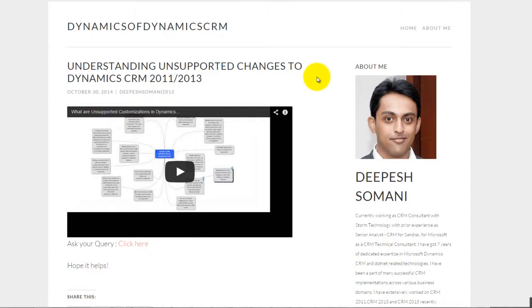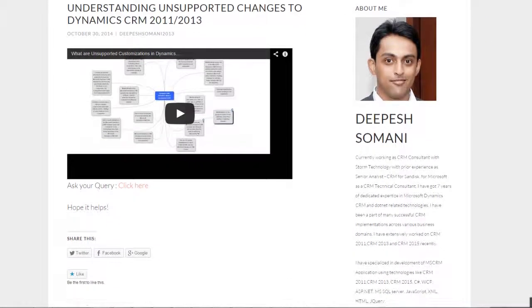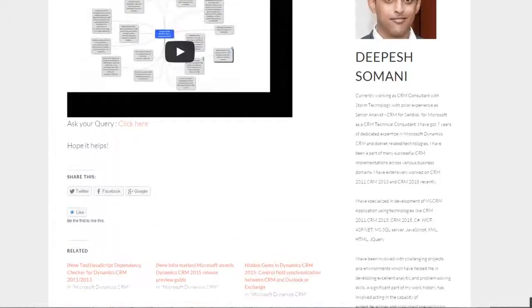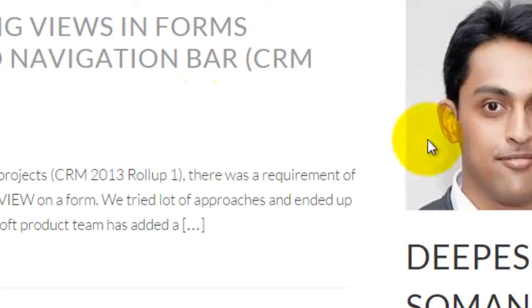Another requirement which comes up time and again is to show some forms without the command bar and navbar and stuff like that. This came from an old colleague of mine. He was trying to remove the command bar and navigation bar and show it inside an iframe on another form. Now, at least in 2013 SP1 and above,